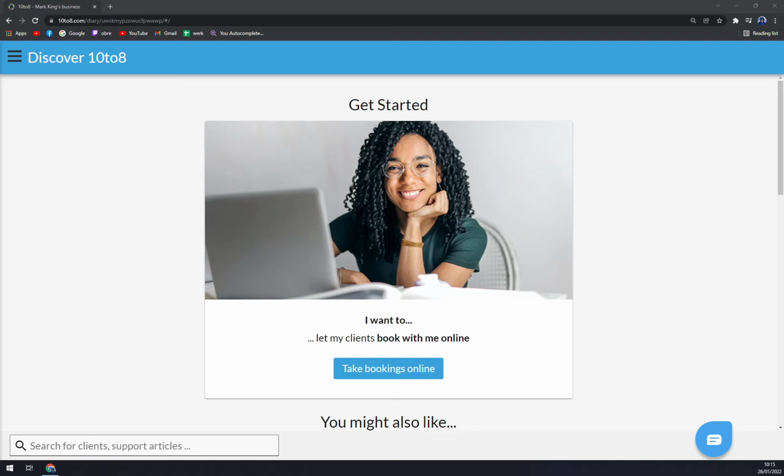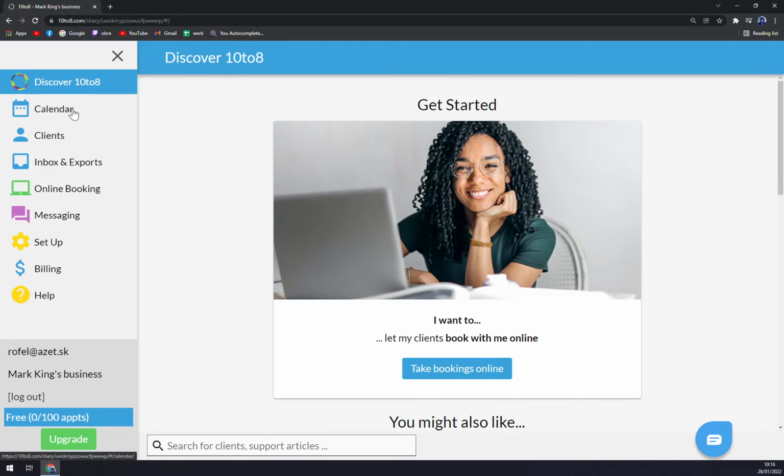for that manner. If you don't have a lot of appointments, I believe up until 25, it's completely free. But if you want to take it to another level, 10to8 is great with their features that Visibook doesn't have. If you're not very good with computers, Visibook is the way for you. But if you want to dig a little bit deeper into those types of softwares,